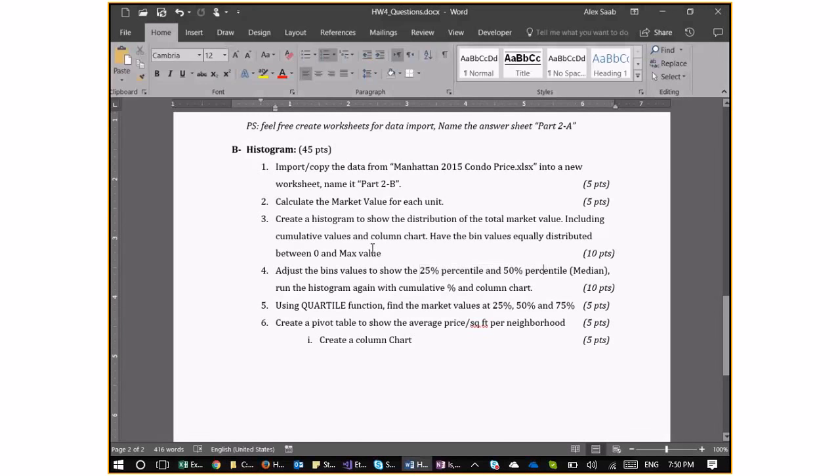If you end up with the distribution, it's going to show you 25 and 50, and most probably it will show you the 75 as well. So if you end up with the data, it may show you one thing at 45 and then 60, and then